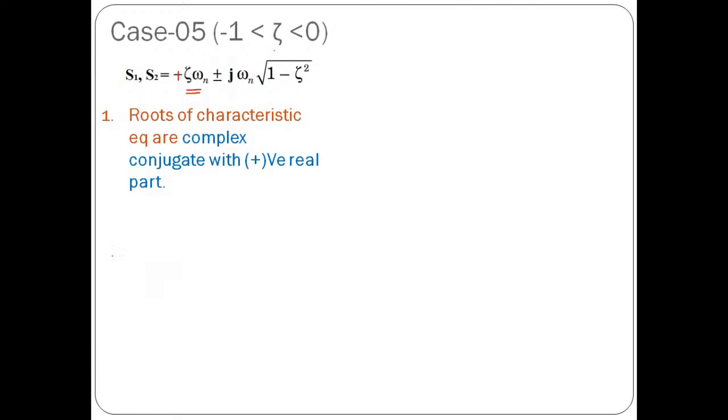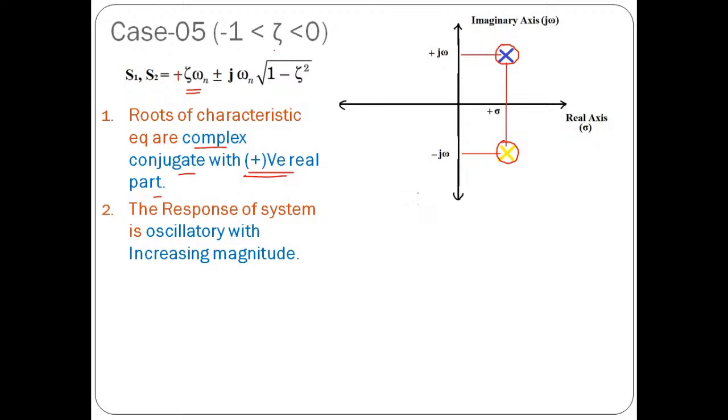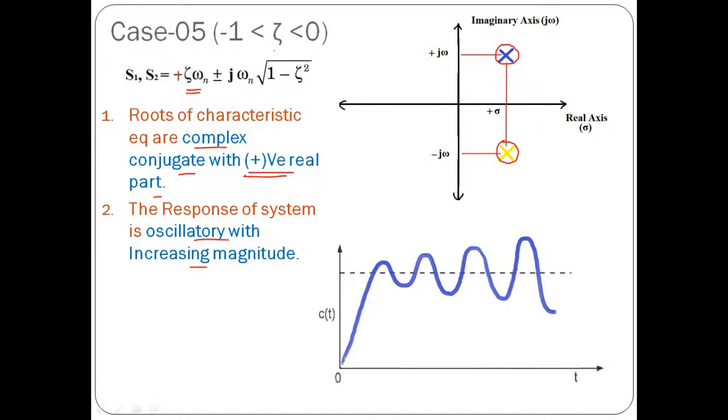See, the roots of the characteristic equations are complex conjugate with positive real part. And suppose you try to indicate them on the pole-zero plot, they are something like this. One pole will be at this location and another one at this location. Now in this case, the response of the system is oscillatory with increasing magnitude. See, this is very, very important. The response of the system is oscillatory, and that too